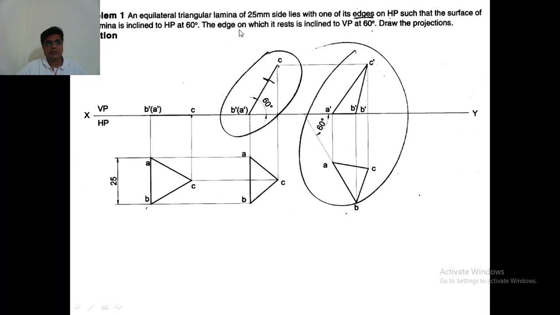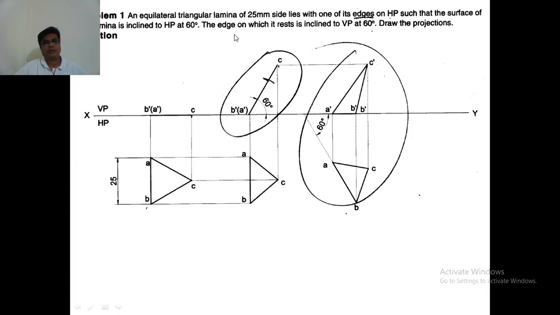The first part is the problem statement, and the next part is the drawings. You will draw the front view and top view of the object or plane according to the given problem. How to draw them we'll learn now, but before that you have to understand the problem clearly. So what is the problem here?